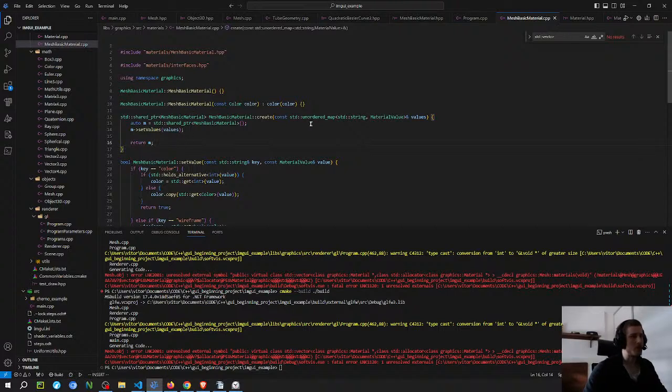It could be because if you have the vector, it figures out the type, which can be mesh basic material. Well, I think I've studied something like this because of the other error. There's something called object slicing, and the way that it happens is that if you have a vector or a queue with one type, which is a class, for example, and then you have another class that inherits from that class, and then you push that class into the vector or queue,